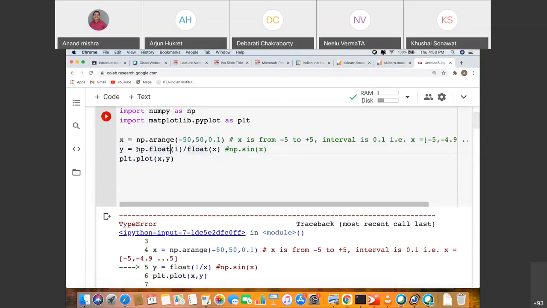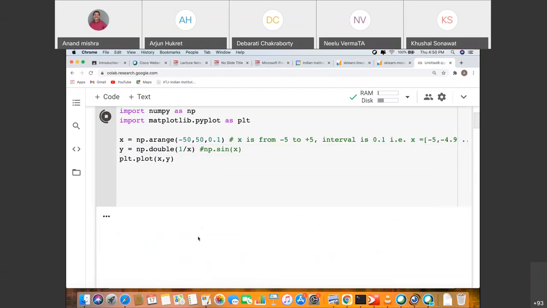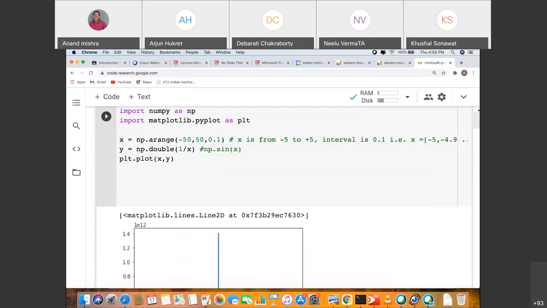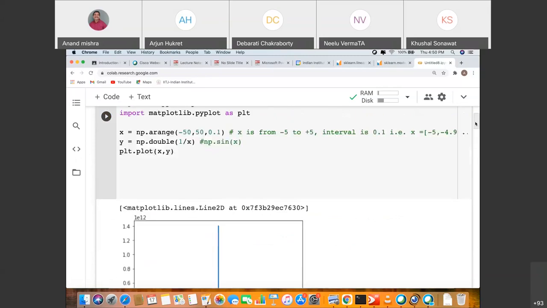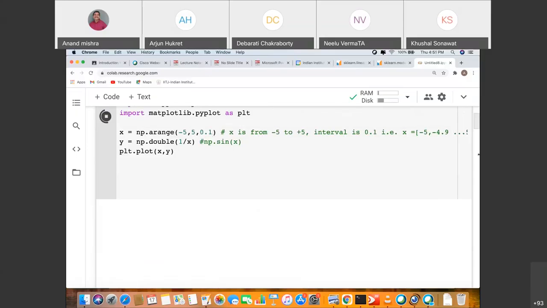Let's see. No, sir, it won't work. np dot double is there? Yes, this works, but even then the range seems to be always the same. I don't know why this is.